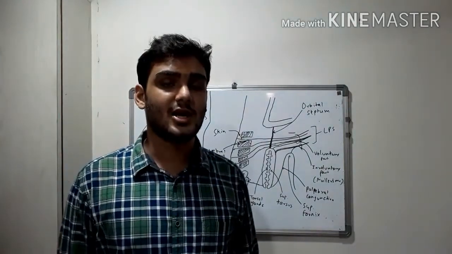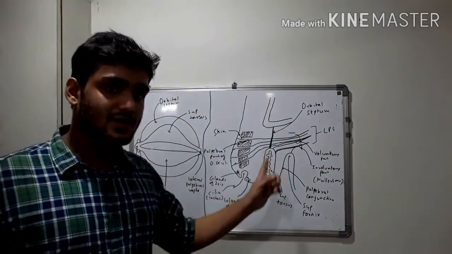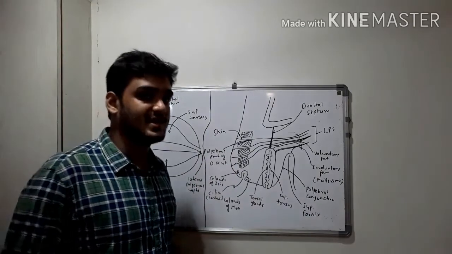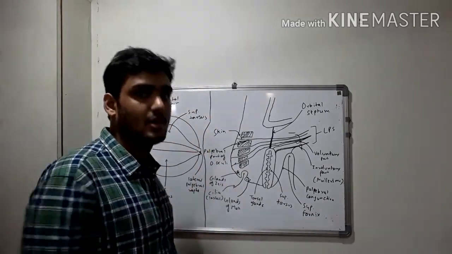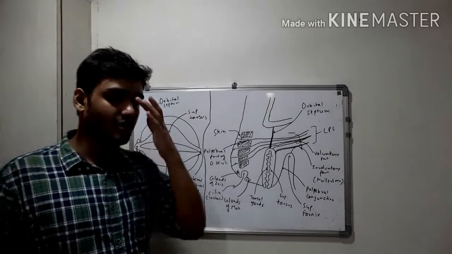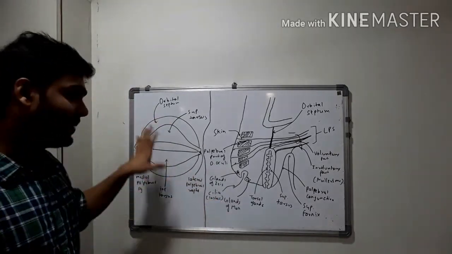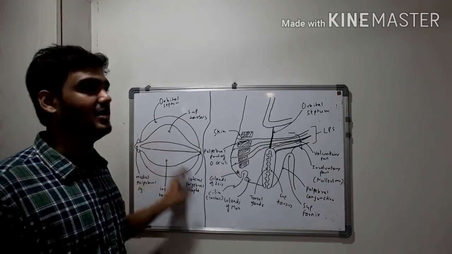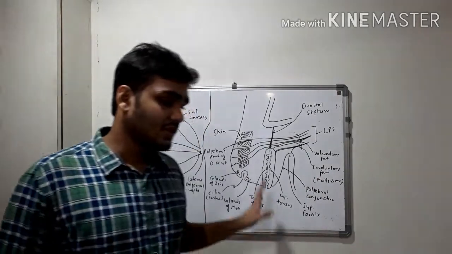So now we shall study the internal anatomy of an eyelid. This one is the sagittal section of an eyelid, means the eyelid has been cut from here and the parts have been observed. And this one is the frontal view, and this is the diagram of orbital septum, the palpebral fascia of the eyelid. So, beginning with the various layers of eyelid.